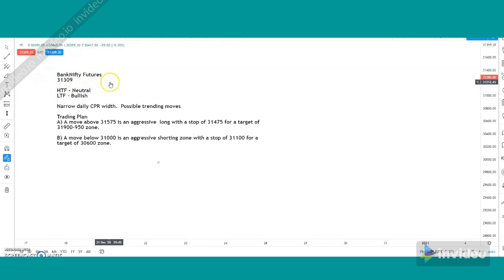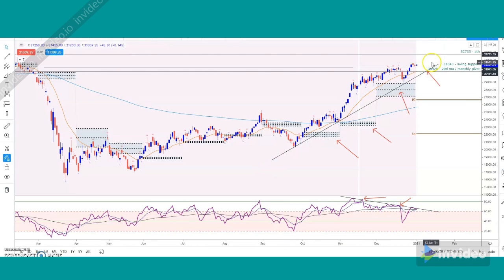So I'll just briefly go through this. Bank Nifty Futures previous closing was 31,309. Higher time frame, HTF is higher time frame, which is neutral. Why neutral? Because the price structure is showing a strong uptrend. However, you can see a bearish divergence in the form of momentum oscillator. So to factor in this kind of divergence, and also at the same time to factor in this kind of a massive uptrend,